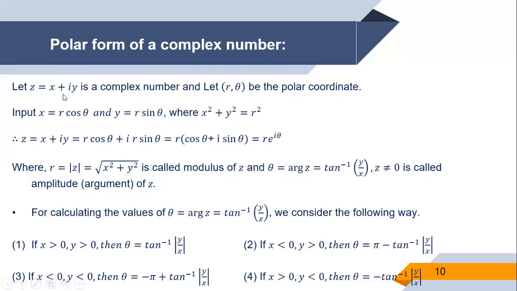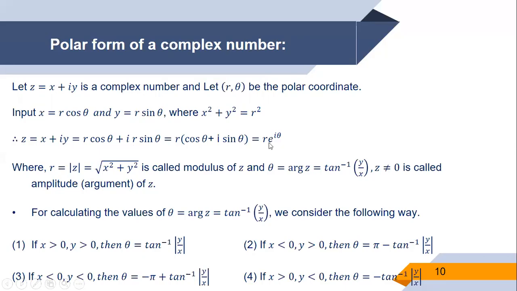So we use the relation x is equal to r cos theta and y is equal to r sin theta, where x squared plus y squared is equal to r squared. We substitute x as r cos theta and y as r sin theta in z equal to x plus iy. Therefore z is r cos theta plus i r sin theta, which is r common, cos theta plus i sin theta. We write cos theta plus i sin theta as e raised to i theta. So the complex number in polar form is z is equal to r times e raised to i theta,